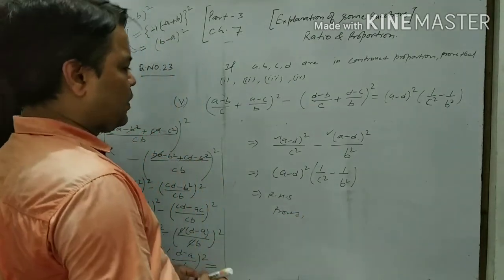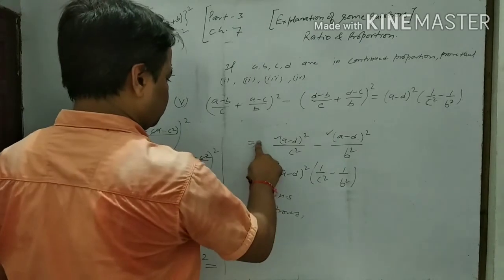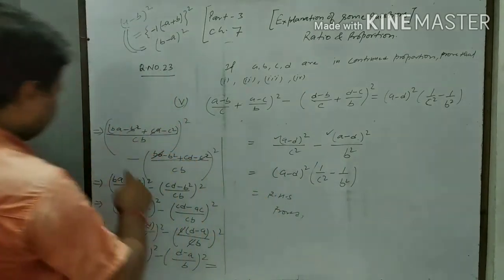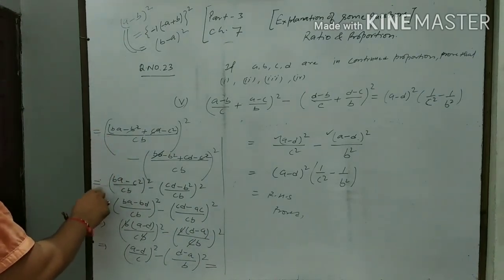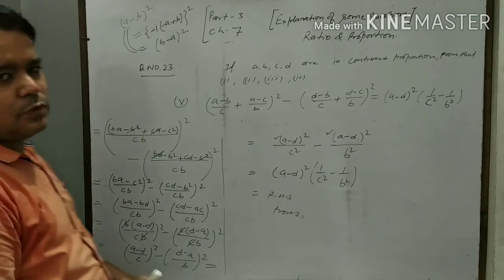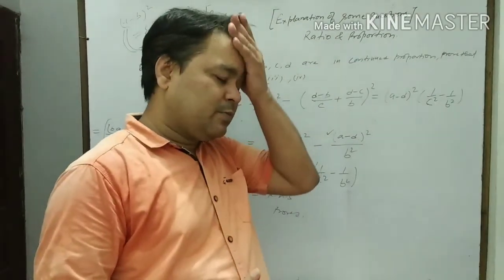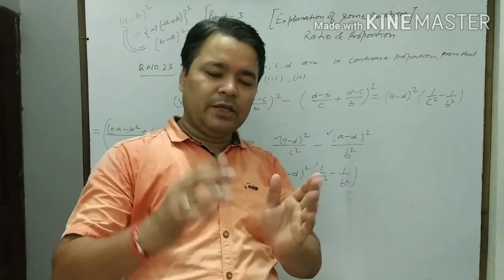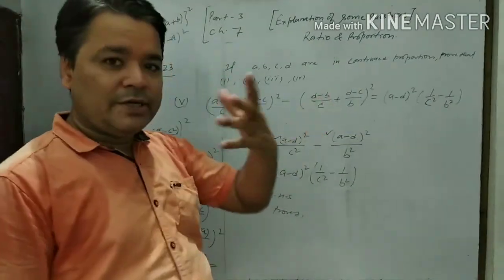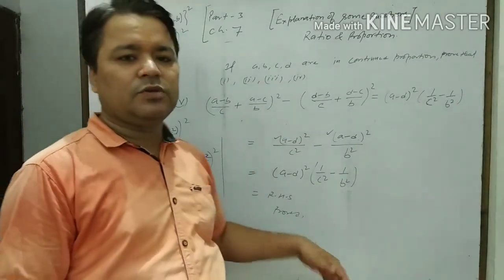Good. This is equal to, here there will be an equal sign, only equal sign, not implies that. We use the implies that sign only at that place where an equal to condition is also given. But here we are only taking the left hand side, therefore we only write equal to, not implies that.